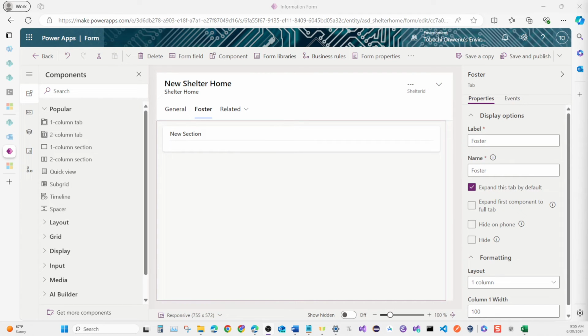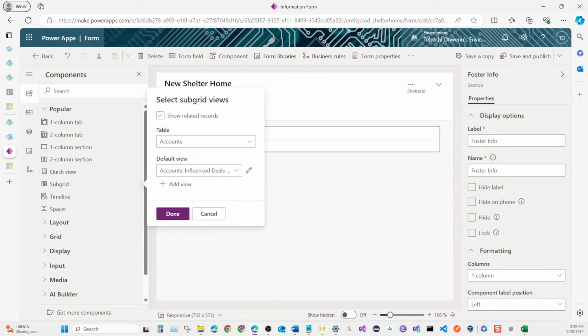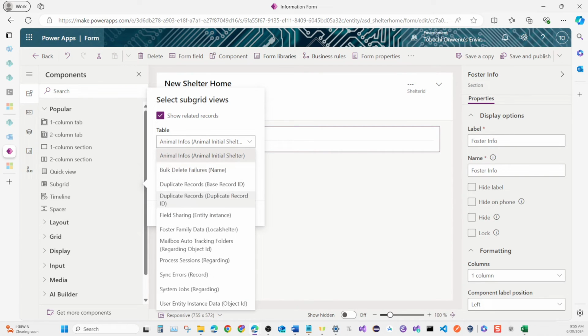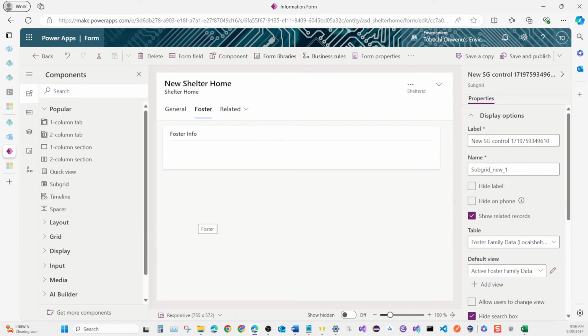And this tab is actually going to, let's rename the section to foster info. And once you're done renaming this section foster info, click on the subgrid, and just like before, hit show related records. And then this time around, we're looking for the foster family data related to the select records. Active foster family data, perfect. Hit done